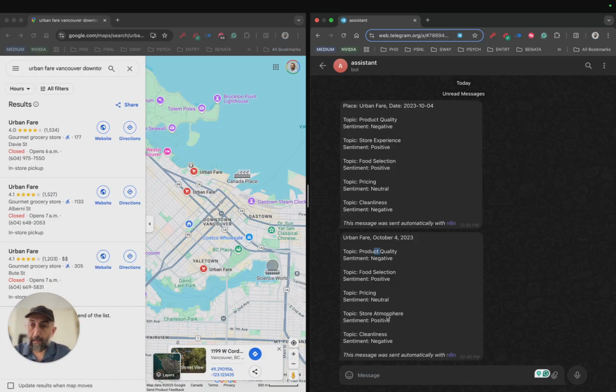So basically, you can first aggregate comments from different inputs, for example, from customer calls and Google Maps. You can aggregate all the feedback that you get from the customers, then feed it to the model and get your reports. Or you can run several workflows for different places, for different place IDs, and aggregate the reports at the end to get better insight into the quality of service that your store provides to the customer.